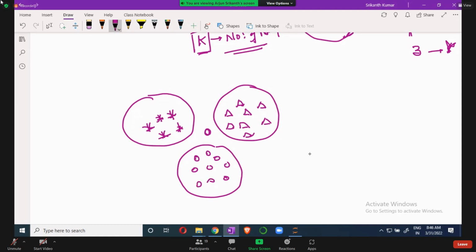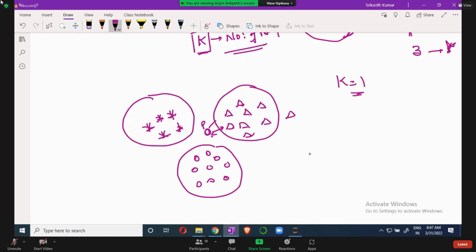Now what KNN will do is, by default, it starts calculating the distance. If you take K equals 1, it will take only the one closest, nearest point. Whichever one is the closest, only that one data point it will consider. Suppose this is the closest distance. Then by looking at this one, it will put it into the category of triangles. But is it right? No, we can't say so, because